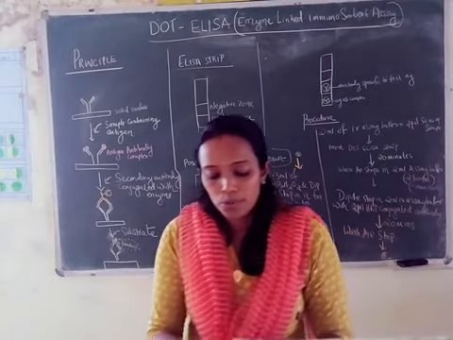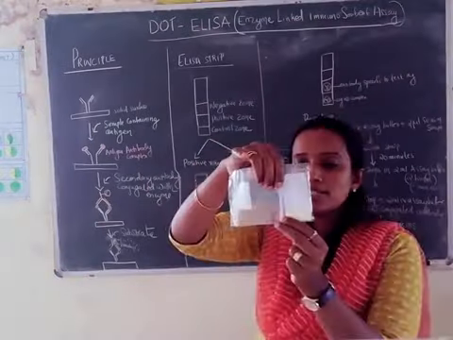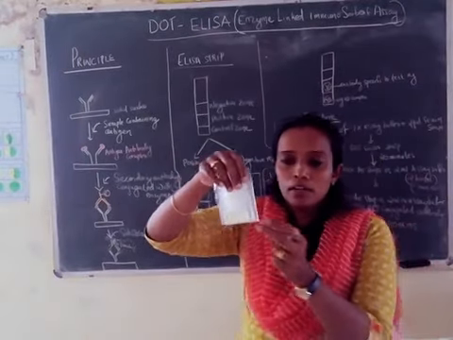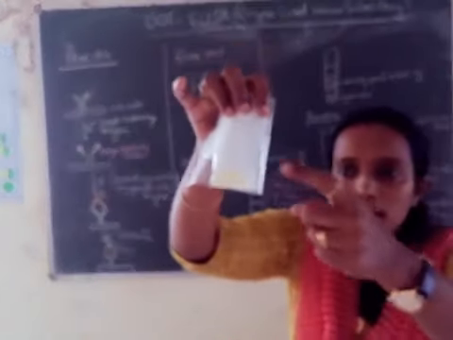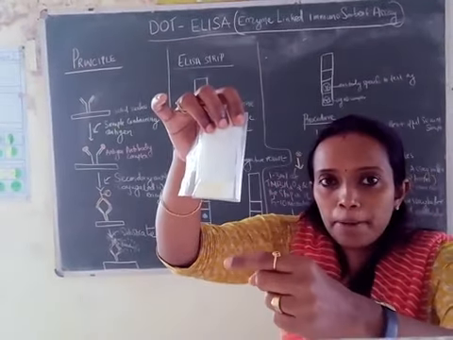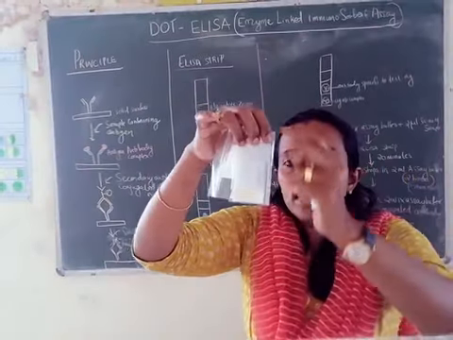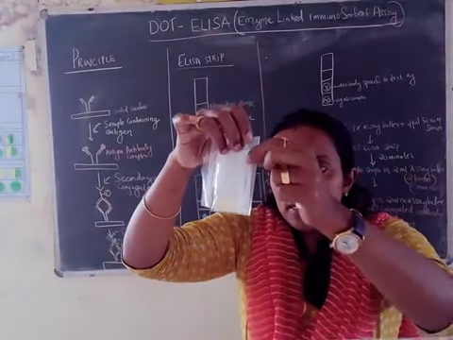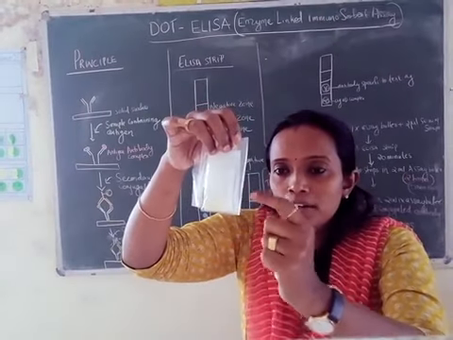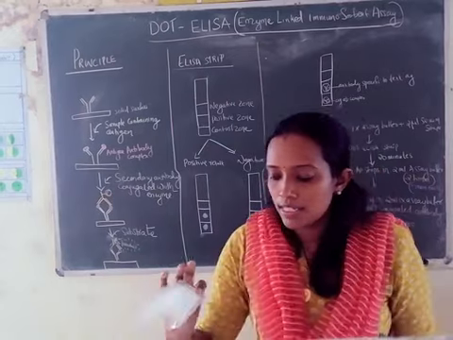Now you can see that in the kit they have given a strip. This is the ELISA strip which is given along with the ELISA kit. Can you all see the strip with 3 sections? In the diagram I have drawn it clearly, I will explain here, but you can have a look here. This is the ELISA strip with 3 different sections, 1, 2 and 3. Fine. This is the ELISA strip.